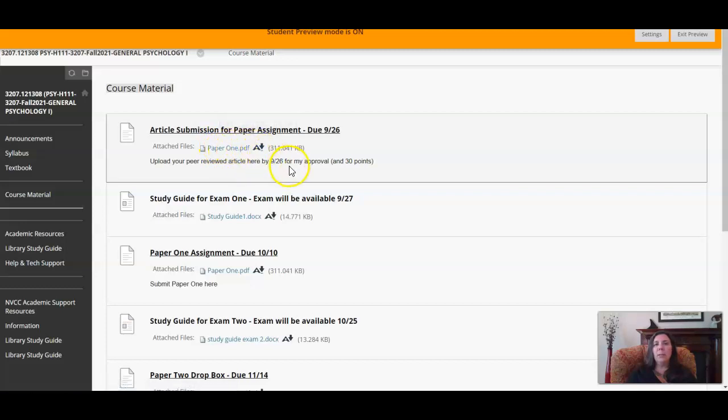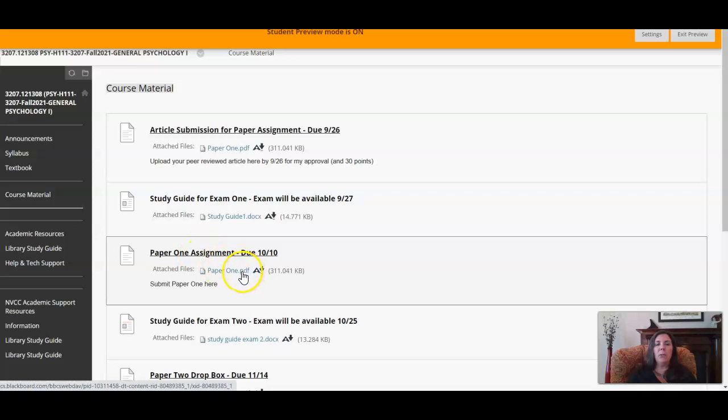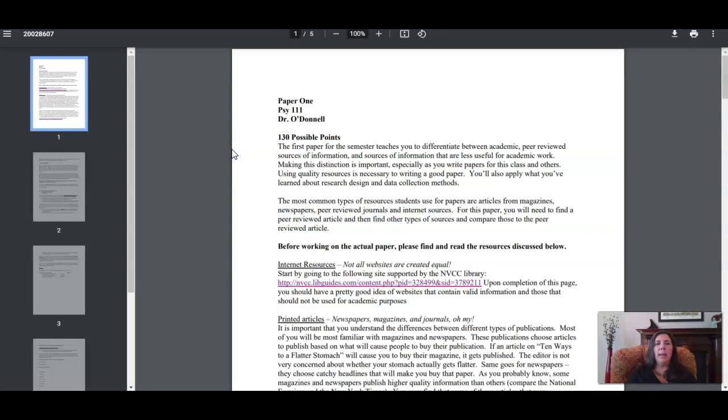So if we go back to the course materials page, you'll see that you can access the paper assignment anywhere that material is due for. So the article submission for the paper assignment due on September 26th has the link there, and then the submission box for the paper itself also has the link. So if we open that up,